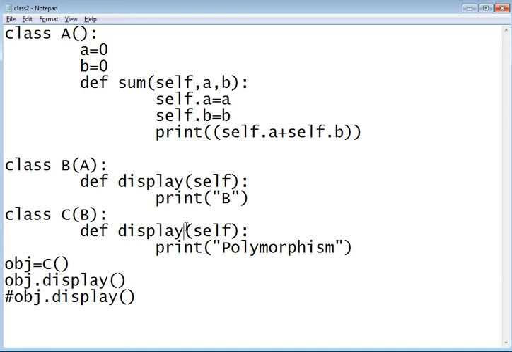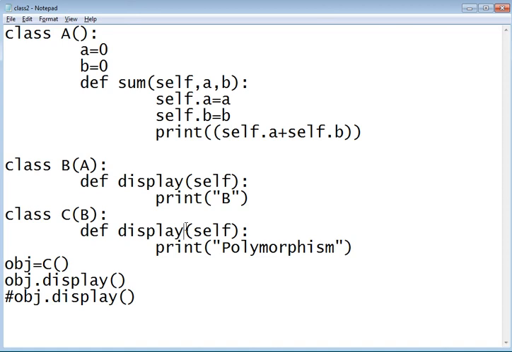So we should say that Python is pure object oriented, because it has everything. It has private variables, abstraction, polymorphism, inheritance, encapsulation, everything is there.